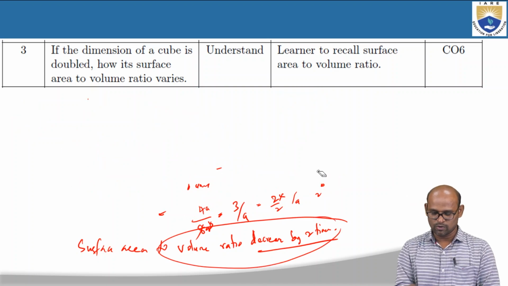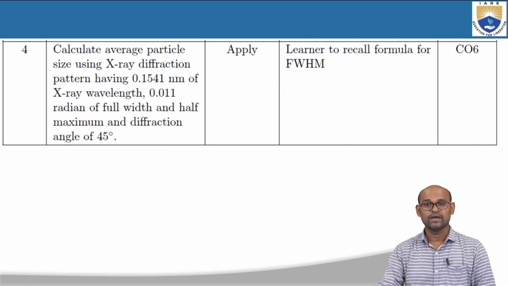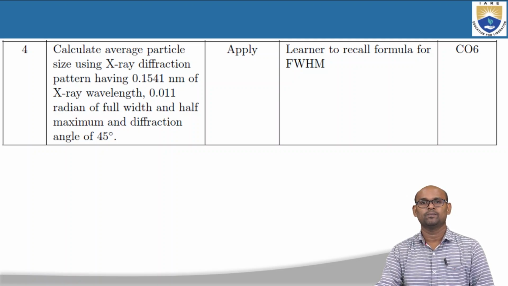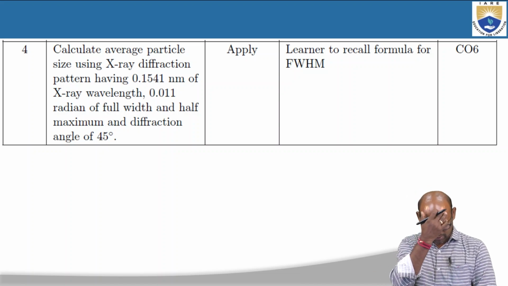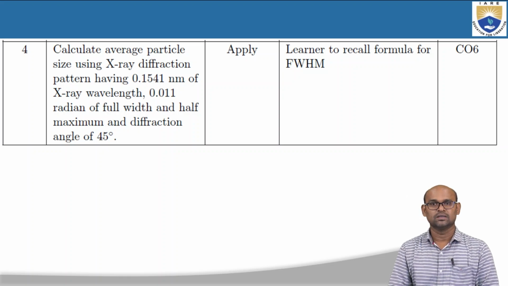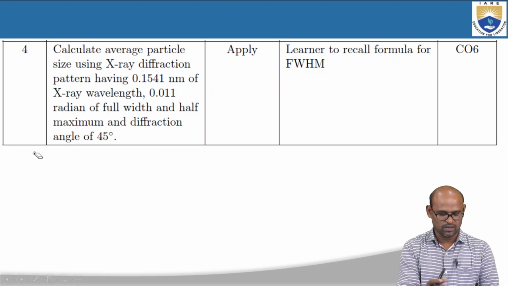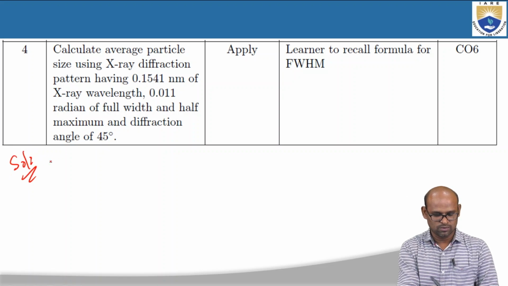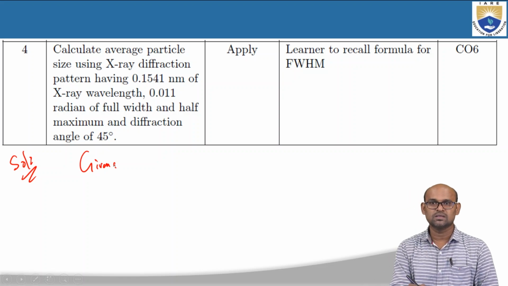Okay. So, the next problem: calculate average particle size using X-ray diffraction pattern having 0.1541 nanometer of X-ray wavelength, 0.011 radian of full width at maximum, and diffraction angle of 45 degrees. So, we need to calculate the average particle size. First, solution. Whatever they have given, we need to mention first. So, given is